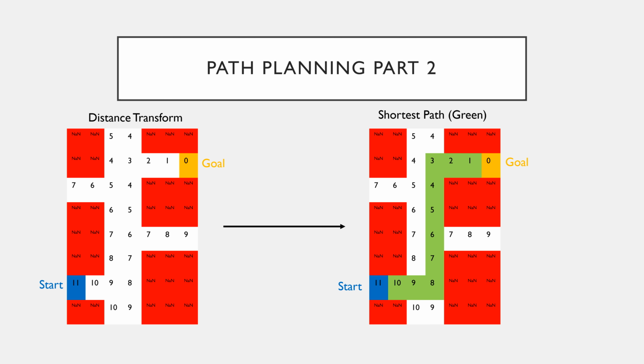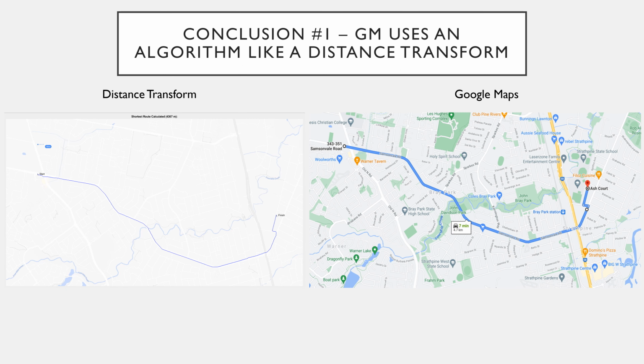Finally, we can apply the same methodology through a MATLAB script to a real-world map. After generating the experimental script, here are the final conclusions. Conclusion 1. Google Maps uses a similar algorithm to the distance transform method. As can be seen, both algorithms chose the exact same route, which shows that fundamentally Google Maps uses a variation